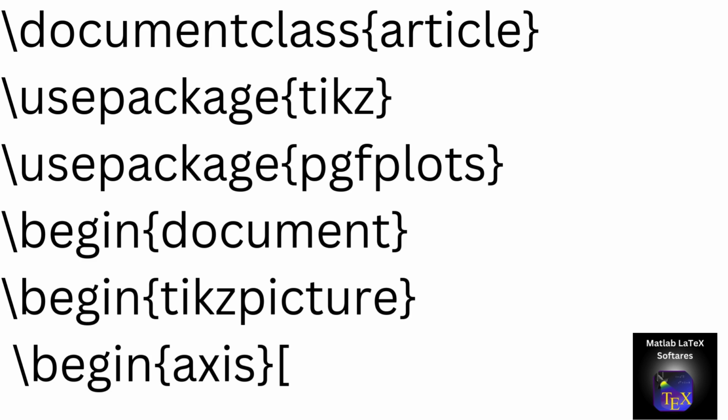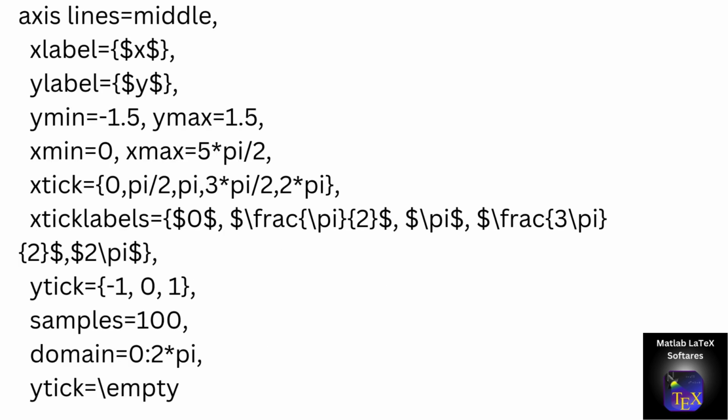Now let's set up the axis using the axis environment inside the TikZ. Axis line equals middle places the axis at the center. X label and Y label define the axis labels. X min and X max set the range for the X axis, and